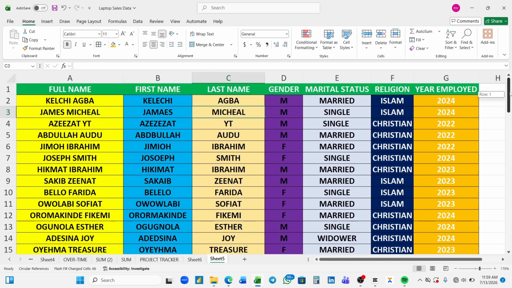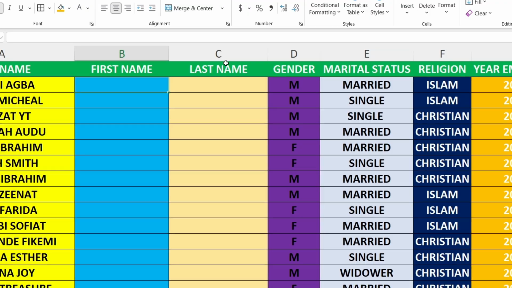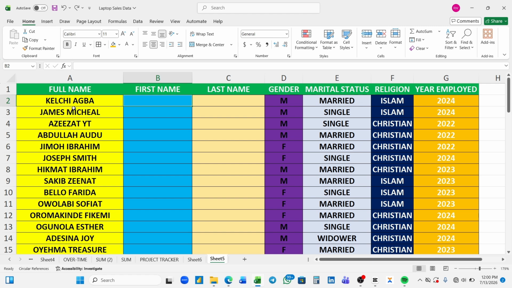Can you see that? Instead of us writing it manually, let's redo it again. You have full name, first name, and last name, and you want to separate them. Instead of taking your time to start inputting it one after the other, this Flash Fill will just save your time. It will save you from entering your data manually, which will consume your time, because you might have thousands of names that you want to separate into first name and second name. So instead of inputting it manually like this,